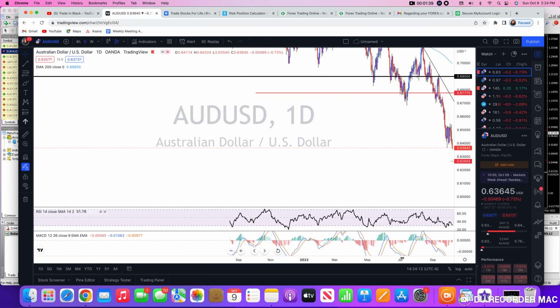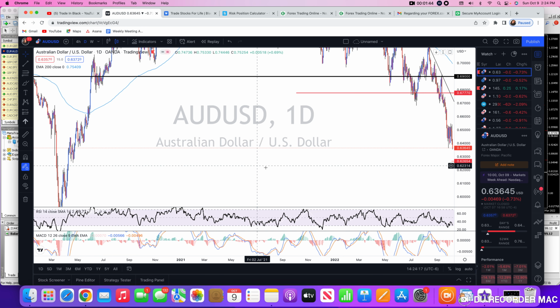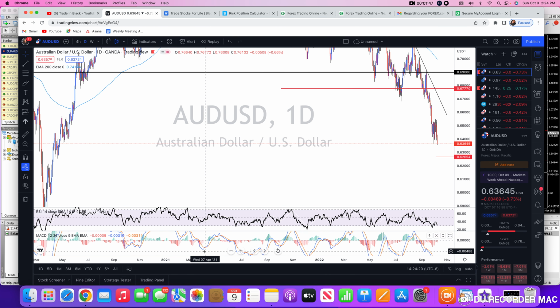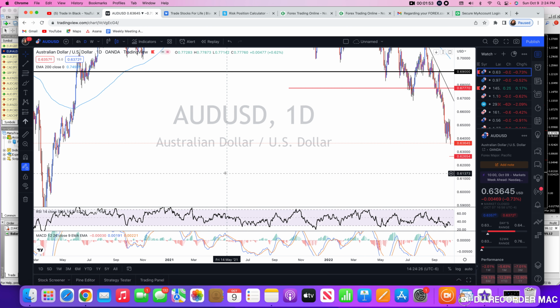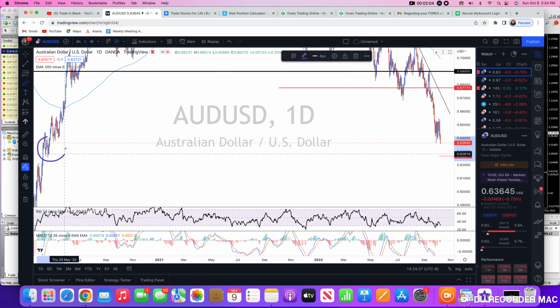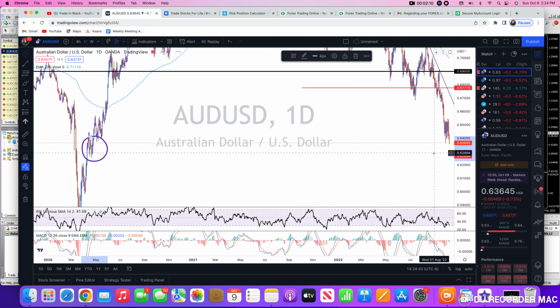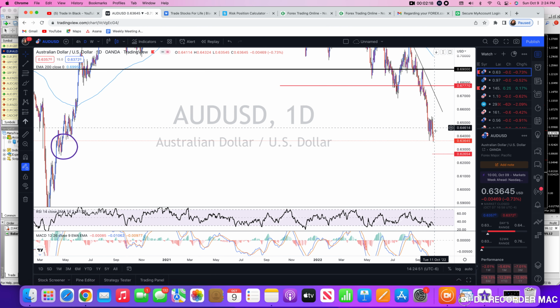So let's squeeze this up. I know it's going to look crazy for a minute here. Let's see what we got from here. Okay, on AUD, Aussie dollar, what I'm thinking is that based upon what's happened in this area, let me get my brush tool here. In this area, we were seeing a lot of consolidation. So then I jump back to where we currently are over here, and I did put a little marker here to basically say that once we get down here,